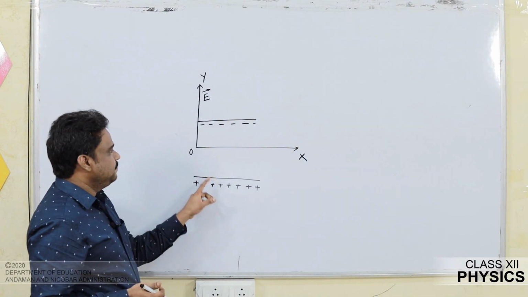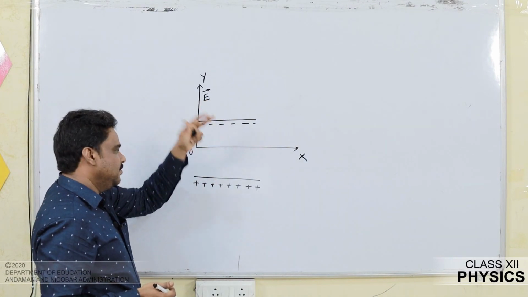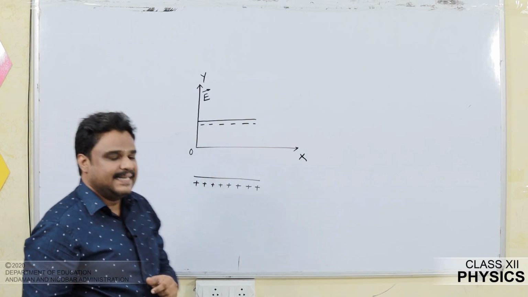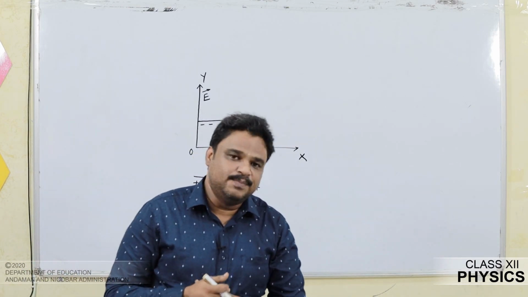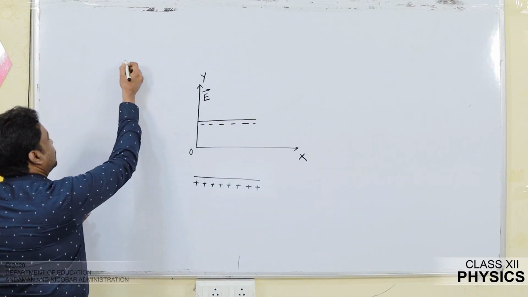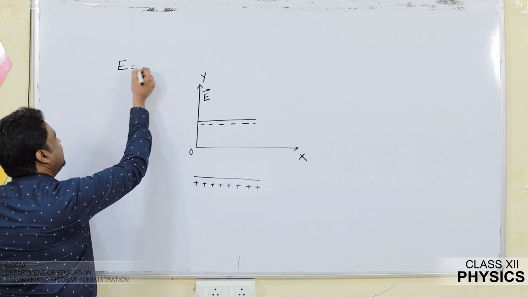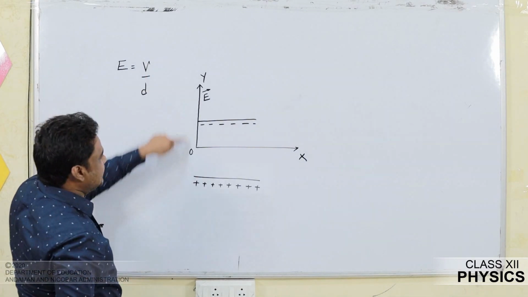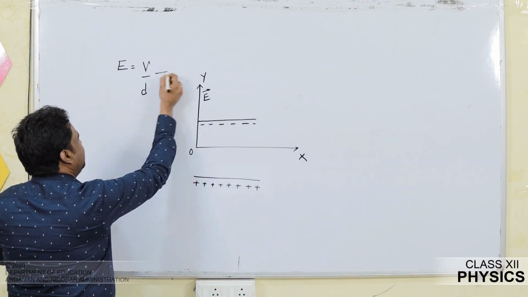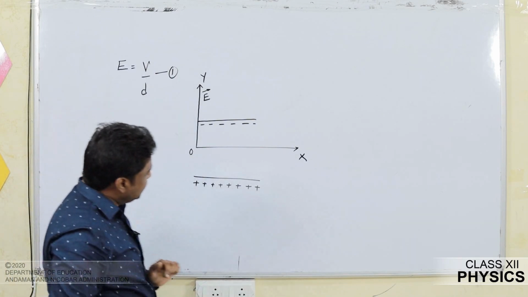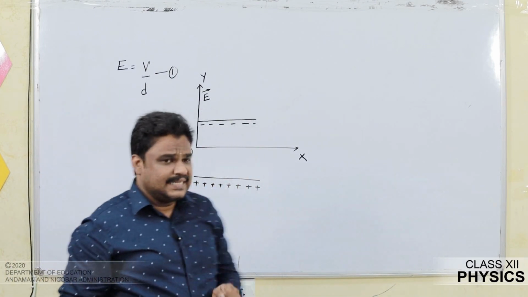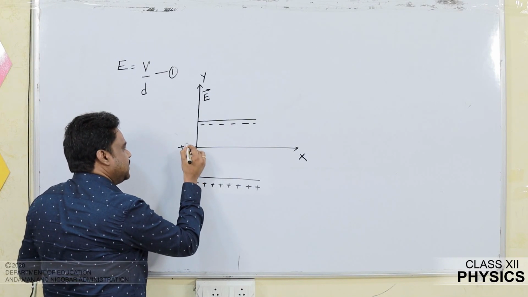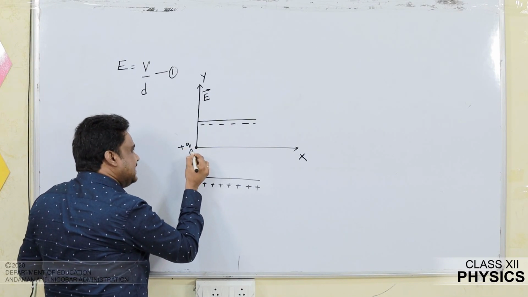If I apply a potential difference between the two plates, an electric field is set up between the two plates, and you know that equation. What is the electric field between the plates? E can be written as V by D. V is the potential difference, D is the separation. This is a common equation that we used in the first chapter. Yes. Now let us assume that a charge, say a positive charge plus Q, enters at point O.